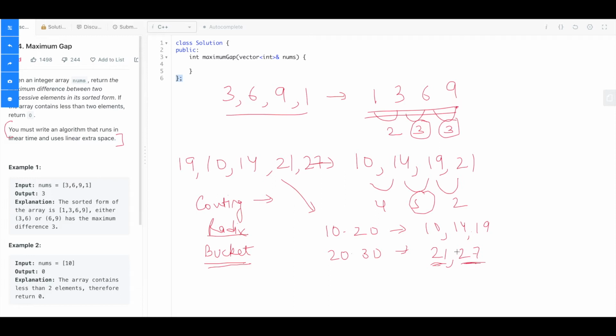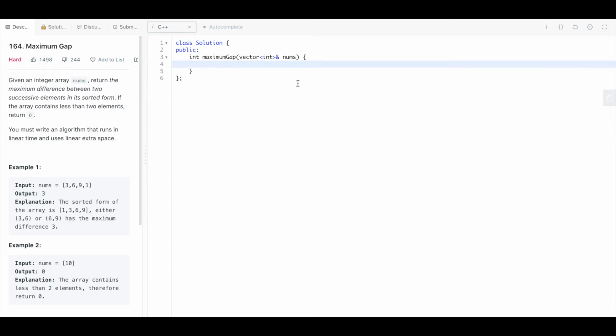But what else do we need? We need the maximum number of a bucket and the minimum number of the next bucket, because we also want the difference between these two. This can be done simply. Once we sort the numbers within a bucket, we can keep track of the maximum of the bucket, and we can also find out the lowest number within the next bucket, and we can keep the difference. So let us try to implement this problem using bucket sort, and we will use linear time in order to implement it.